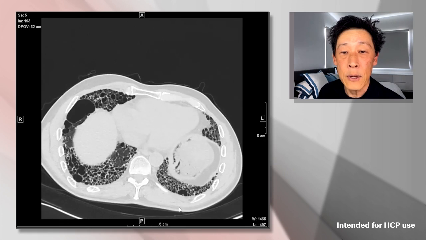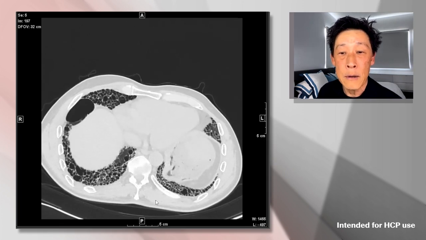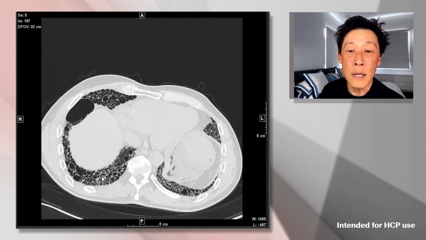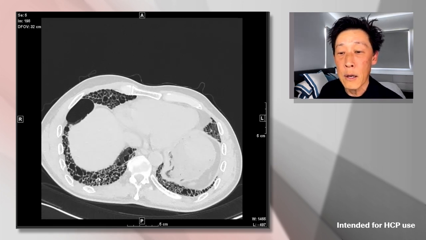And finally, if we go down all the way to the bottom here, we're seeing now the right hemidiaphragm and the liver underneath. We can see that there's, again, extensive honeycombing admixed with some areas of reticulation. And notice here, some might think that this area is honeycombing, but notice that there's a little bit of gray in there. And so this isn't really true honeycombing as of yet, but you can see quite a bit of honeycombing elsewhere throughout.